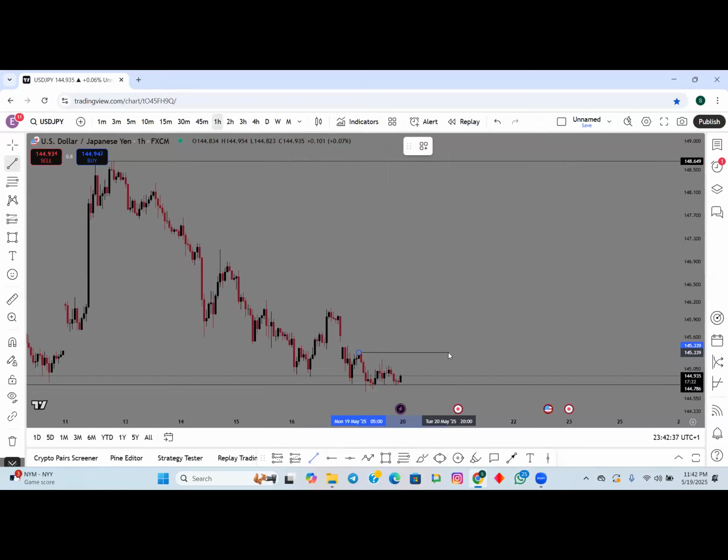That's why you need to be patient. I need this high to be taken out. If price should give me something like this and take out this side, I've gotten my shift in structure. That means the sell has ended. This whole sell has ended because the last high that was created has been taken out and price has closed